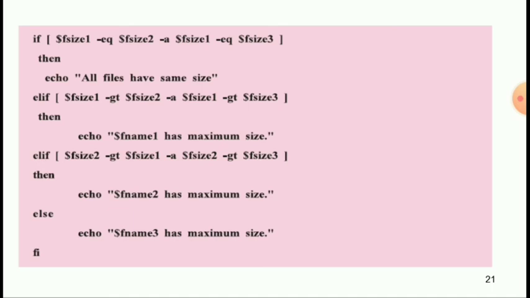So save the script as script 17.sh. The six statements after the clear command are used to accept the file names from the user. The next three statements calculate the size of the files. Later the sizes are displayed to the user. Finally, using the if condition, the script finds out the file that has the maximum size.